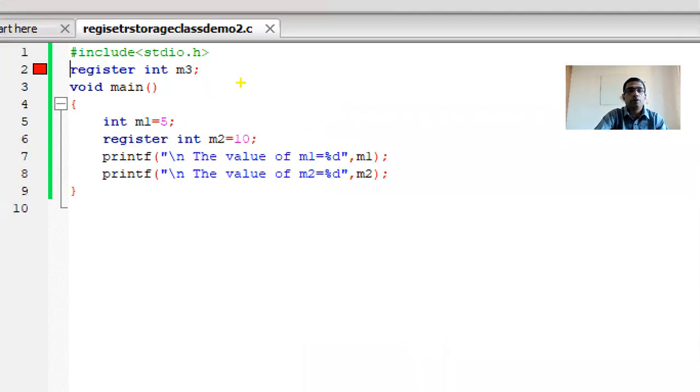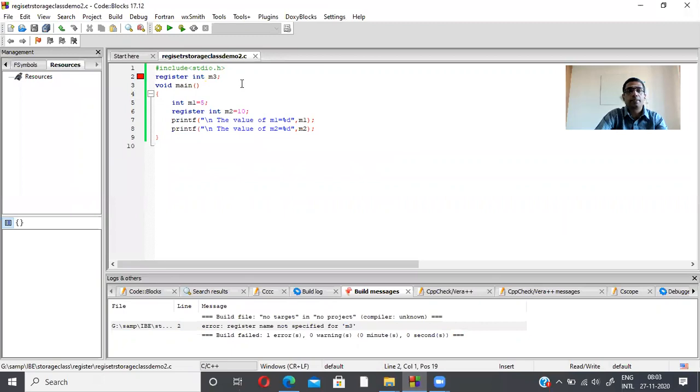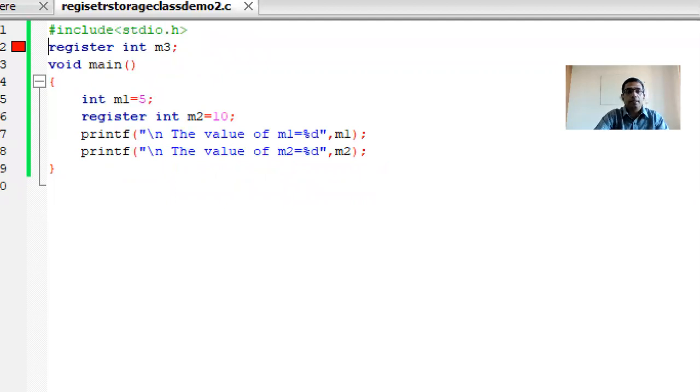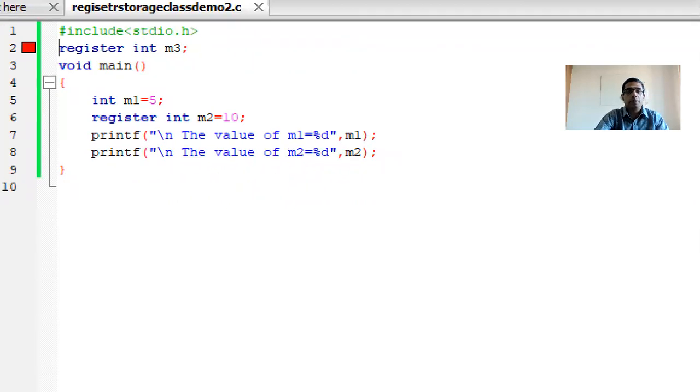The scope of the register variable is local, and you cannot dilute the scope. That's why when you declare a register variable as a global variable, the compiler shows an error that memory is not allocated. So these are the things we have to keep in mind. For a register variable, the memory is allotted in the CPU register.